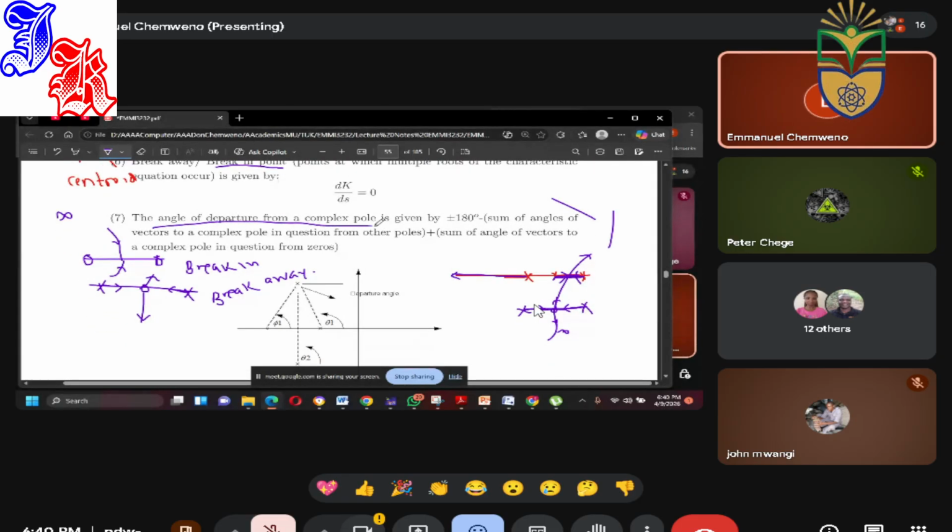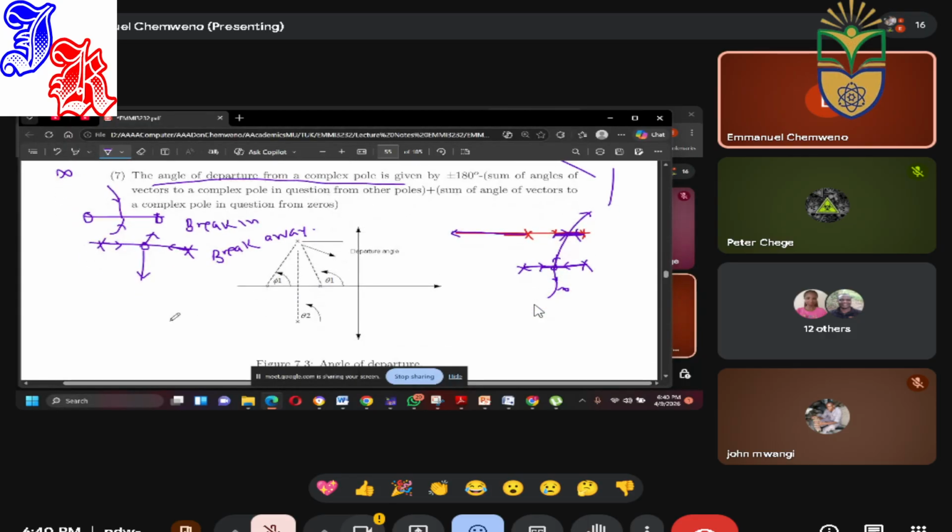Angle of departure from a complex pole. You have a complex pole here. They occur in conjugates. This pole can either terminate onto a zero or can go to infinity. How does it go to infinity? How does it take off? It depends on some angle. Does it take that angle and then follow the asymptotes? No. This angle of departure,